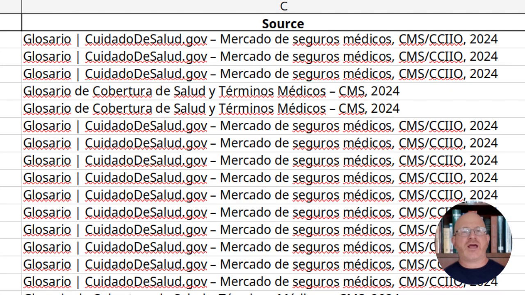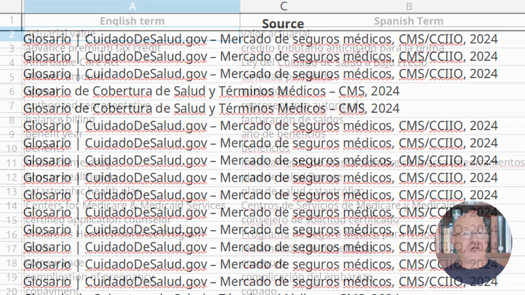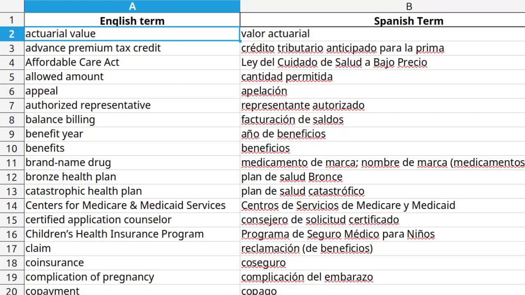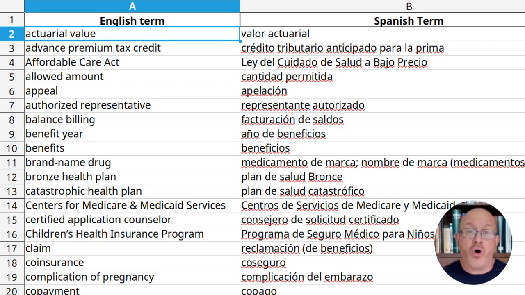Now, the problem here is I don't love all of the official government translations for things, right? They've translated catastrophic health plan as plan de salud catastrófico, which sounds much worse in Spanish than it does in English. It makes it sound like the plan itself is catastrophic, and yeah, a lot of healthcare plans in the US are catastrophic, but that's not what we want to say. So I'm probably going to change that term. But again, it's a quick way to get a jumping off point